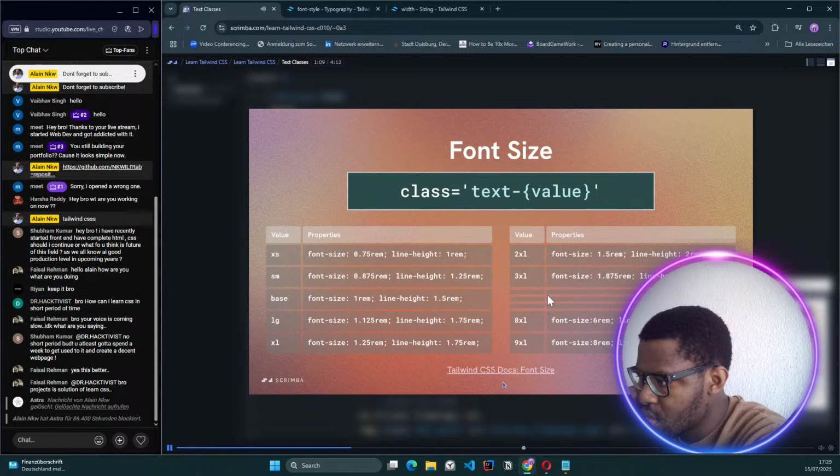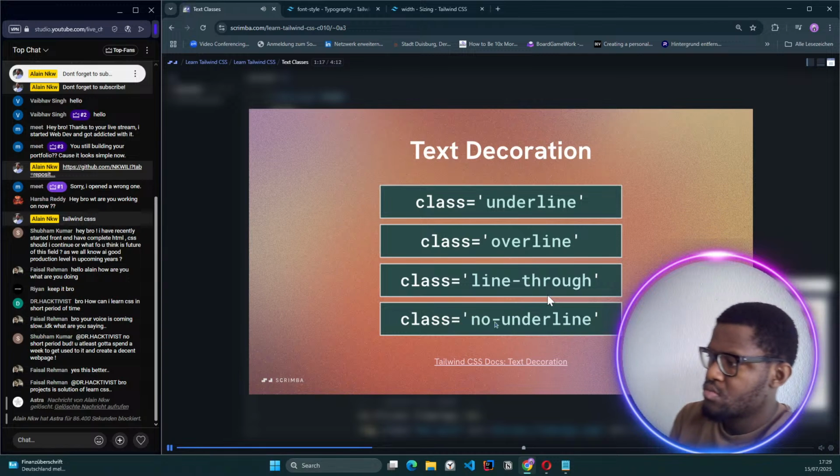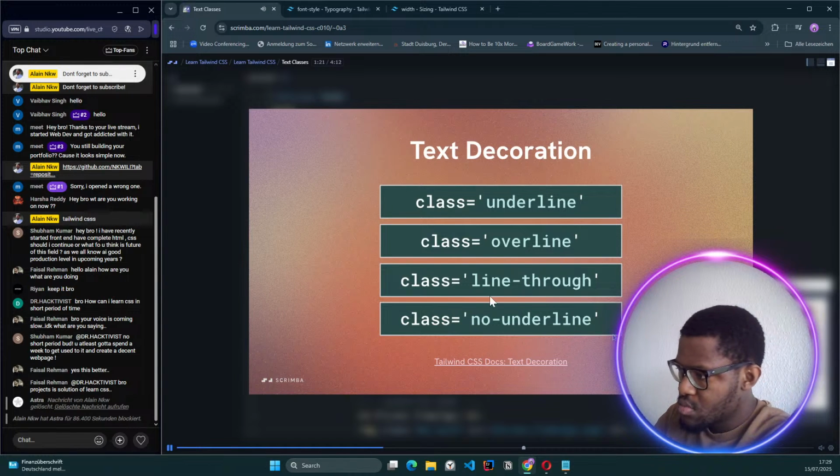The text decoration classes let you apply and remove underlines, overlines, and line-through effects, as well as remove them with the no underline class. These all correspond to values you might give the text-decoration